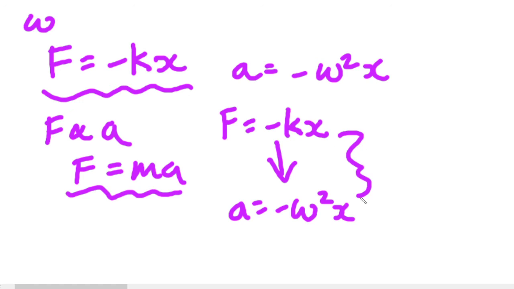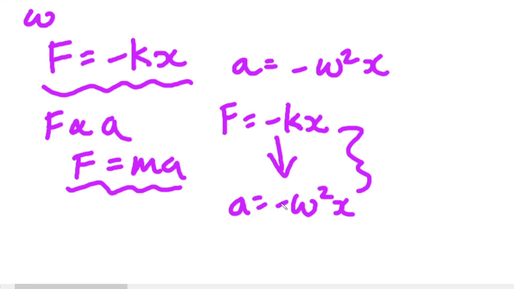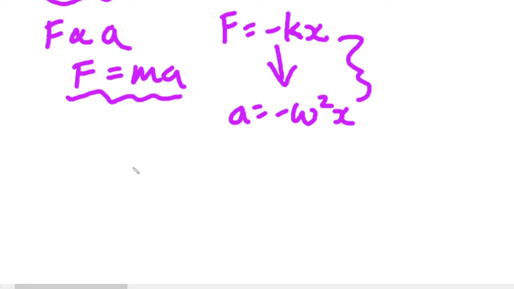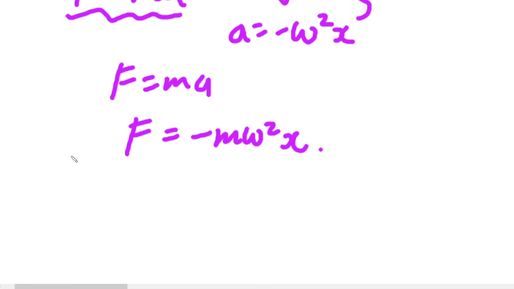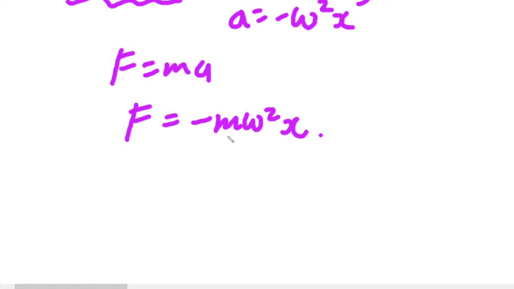This equation, in the sense that both of them come to the result that F is equal to ma, or F is equal to minus m omega squared x. So I'm just going to make my pen a little bit thinner. If F is equal to minus m omega squared x is equal to minus kx,